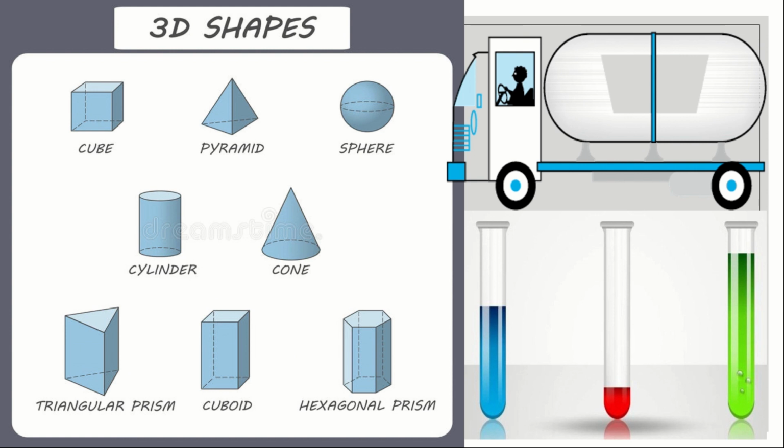You must have seen a truck with a container fitted on its back, carrying oil or water from one place to another. It is made up of two shapes: one cylinder and two hemispheres. You might have seen a test tube. These test tubes are also a combination of solids. It is made up of a cylinder and a hemisphere.